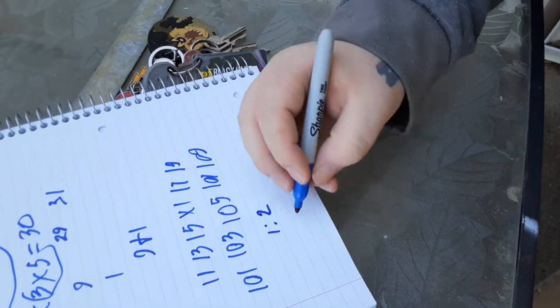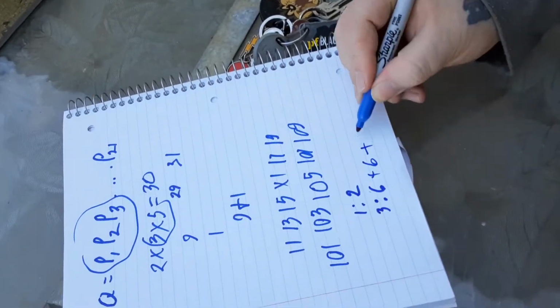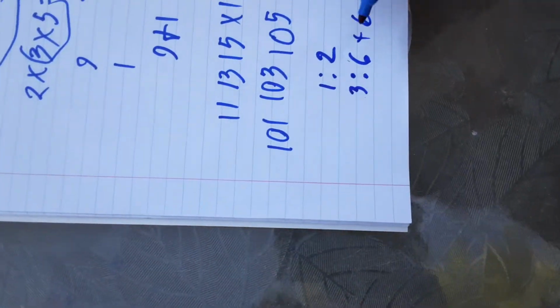And okay, I think that's it for now. But the reason primes are, let's say, every odd number from 3 and beyond has the potential to be a prime, but the only reason any other odd number is knocked out is because previous primes before them are set up in such a way that they keep knocking out every other odd number, essentially because we're doing the 1-to-2 ratio, so the prime 3 is 6. What we do is keep adding the 6, and that's what's causing those patterns there, which 3 is 9,